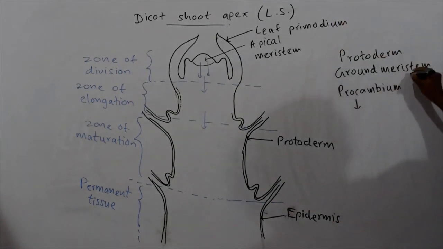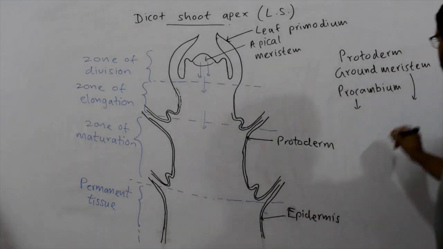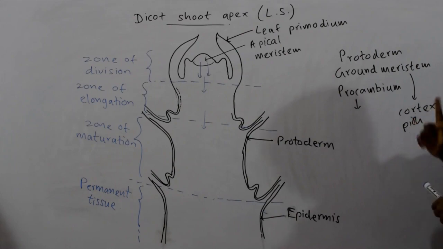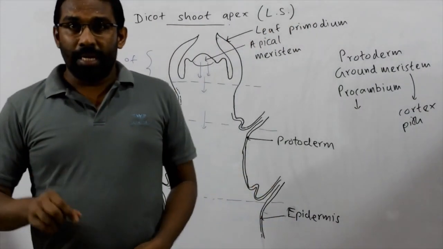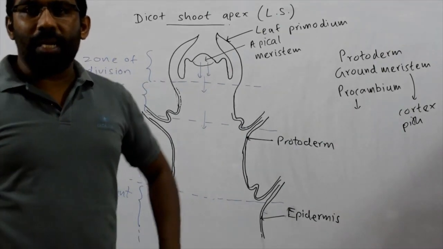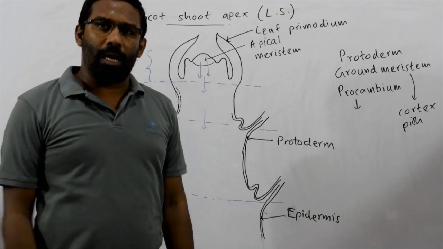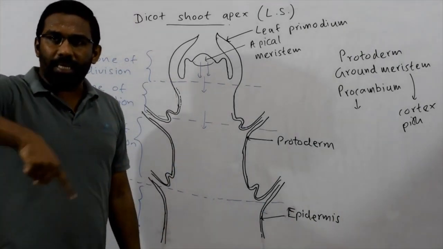Then, what should be produced from the ground meristem? You know ground meristem is a filling tissue. It produces cortex and pith. Here, cortex and pith are produced from the ground meristem. Okay, now we will consider procambium. In the root we said there is only a single procambial strand. Why? Because the root has only a single cylindrical vascular bundle. But we said the stem has several vascular bundles arranged as a ring.